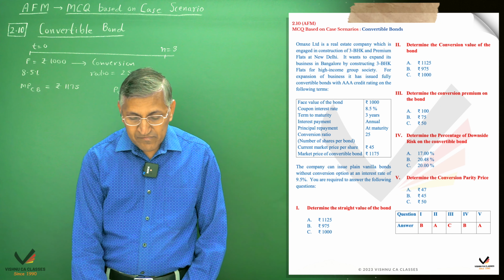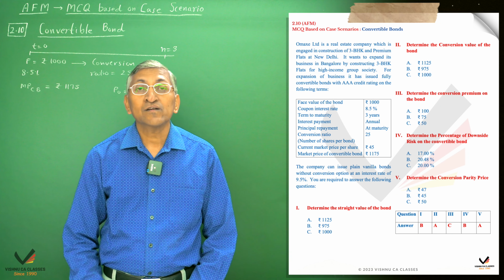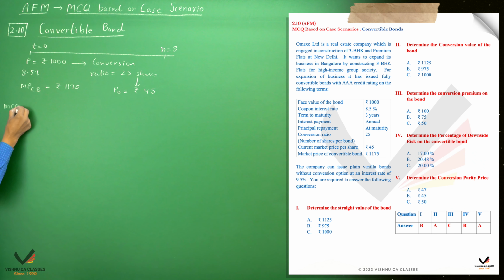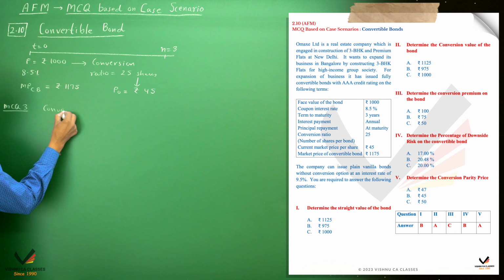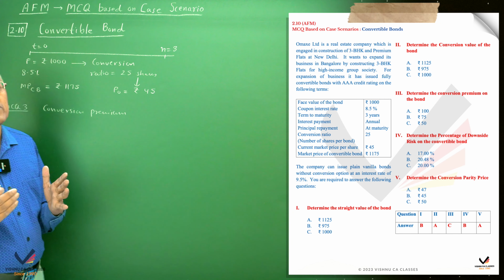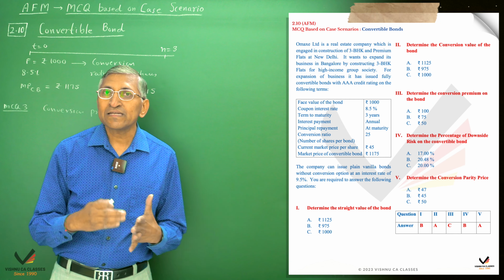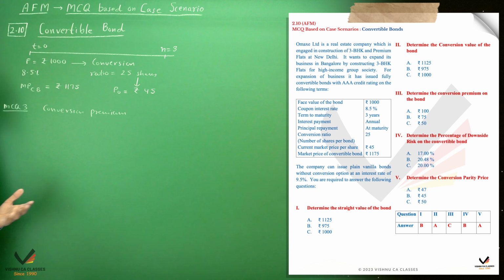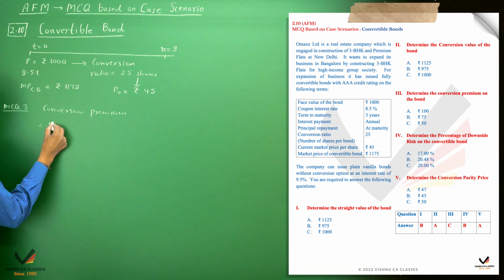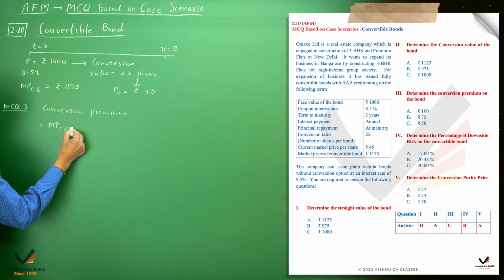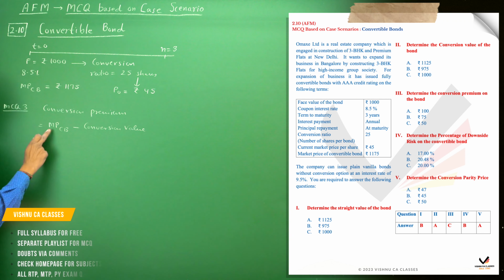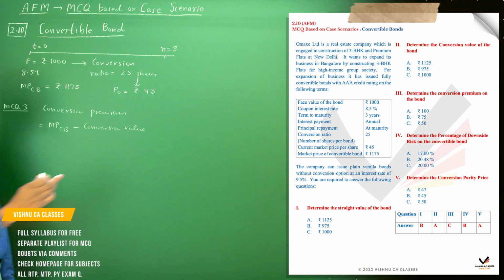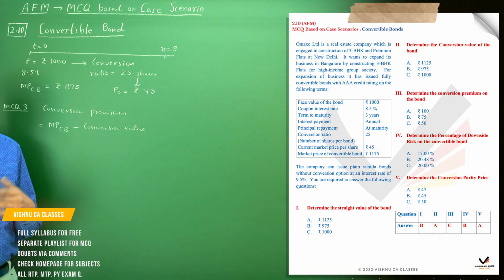So next we have MCQ number 3. They are asking what is the conversion premium. Conversion premium means how much is the excess of market price of convertible bond as compared to its conversion value. The formula is market price of convertible bond minus conversion value. If market price is more than conversion value, this is called premium, and if it is less, this is called